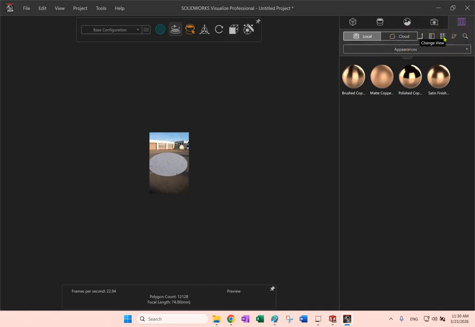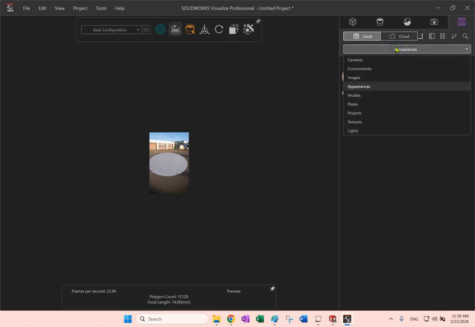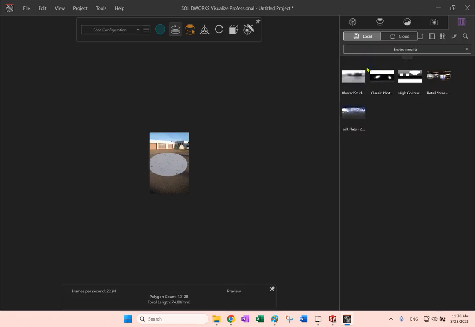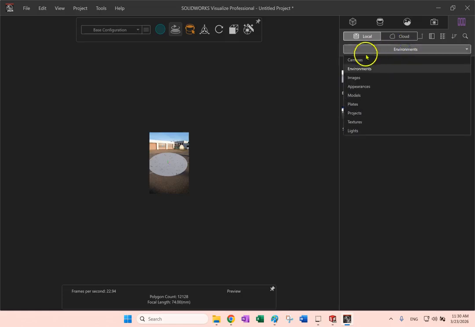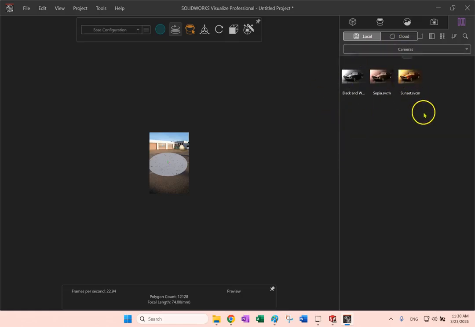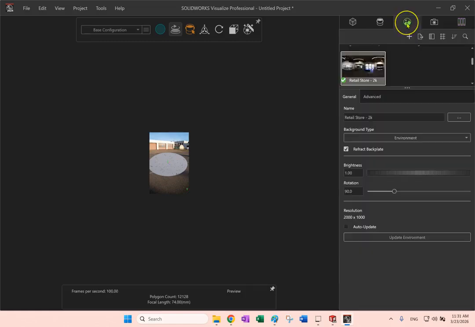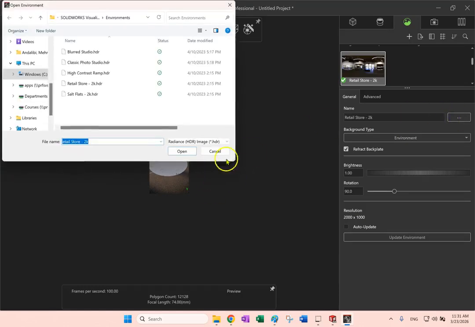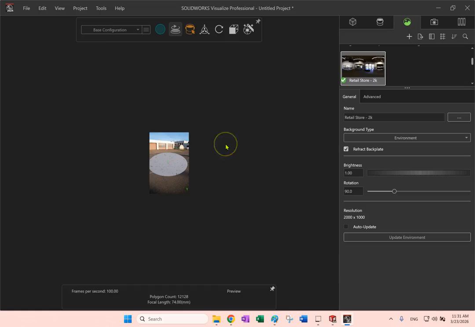Okay, and here you see there are all sorts of things for appearance, as I said. But again, if you want to change the environment, you can do that. This is the one that I showed you, the retail store. And if you want to modify the cameras, you can also do that to get different colors, right? So there are lots and lots of things here. You can also access scenes over here as well and modify it, change the size of it, change the brightness of it. There are so many things that you can apply over here, right? So once you decide on all of those details,